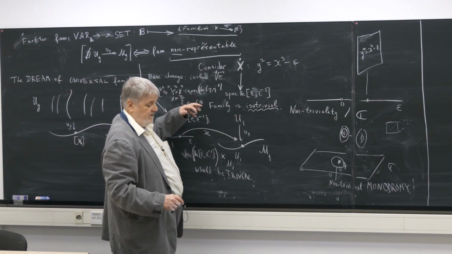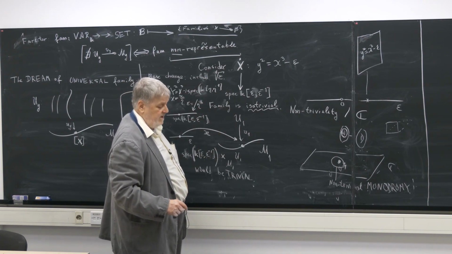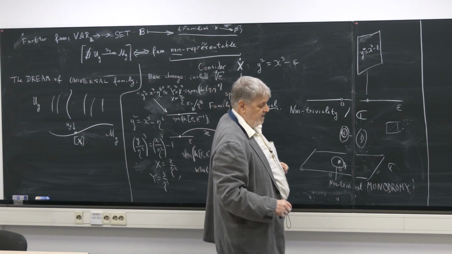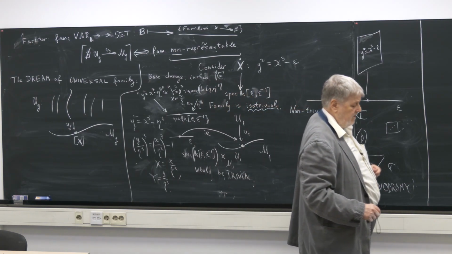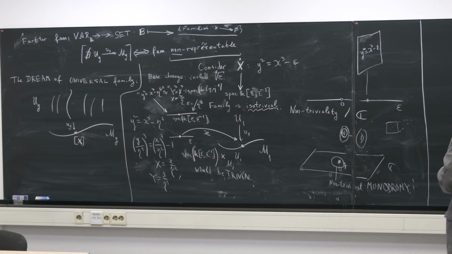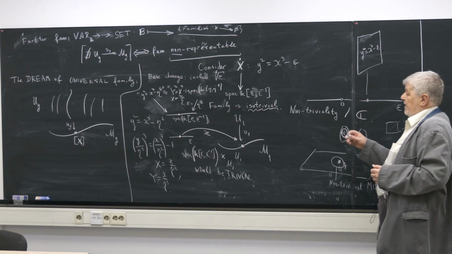So after the simple base change, just adjoining the sixth root of 1, we get the family that can